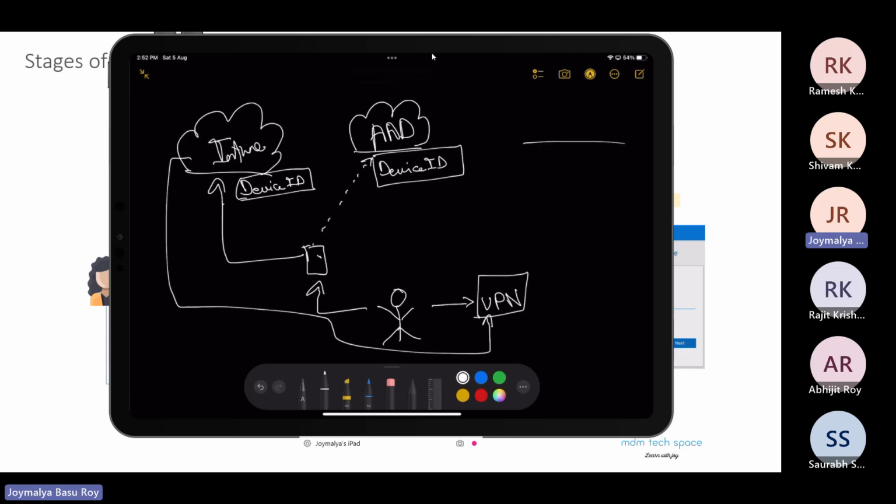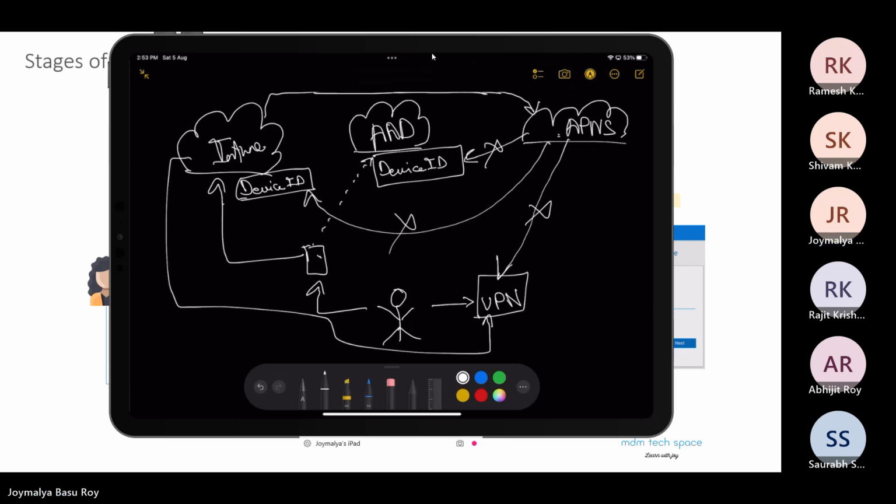For that, it will need a third party service for Apple, that is APNS. So when Intune reaches out to APNS and says, hey, I want to talk to this device, how will APNS know which device this is? APNS does not have access to this, does not have access to this, and neither has access to this. That is why